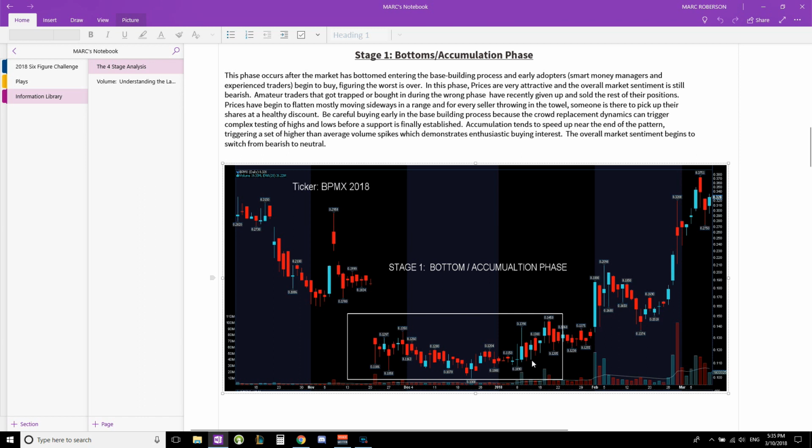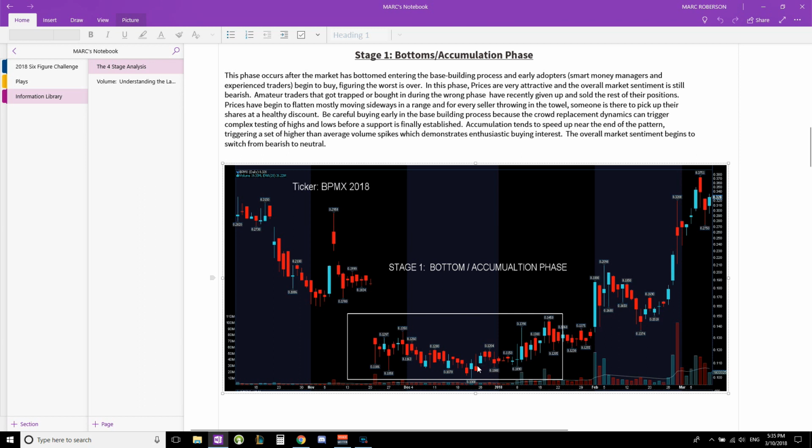Okay, so that's pretty much stage one in a nutshell. Now keep in mind, a lot of smart money managers and experienced traders try to identify this area and they try to buy into this general area because you know what stage comes next, stage two. If they can identify this area and make a good entry, then their risk to reward ratio